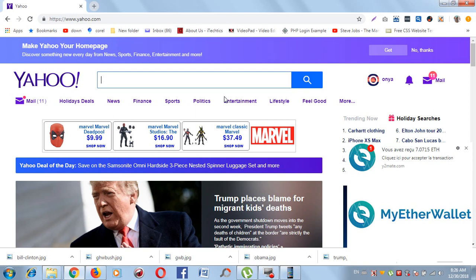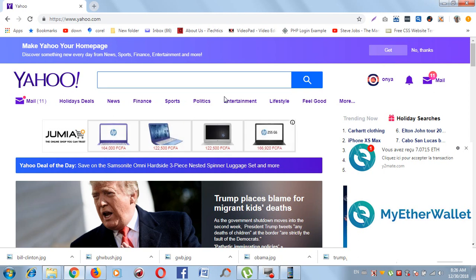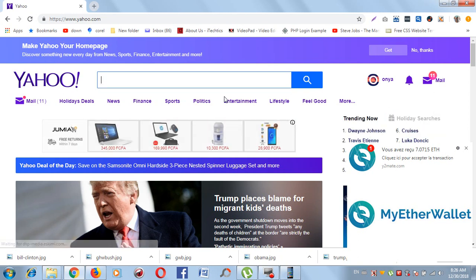Today we are going to be looking at images in websites. Images play a very important role in the building of web pages. One, for the passing of information, and secondly for the beauty of our web pages. So for me, these are the two reasons why I still always use images in our websites: to pass out some information, because they say a picture speaks more than 1,000 words, and also to make our